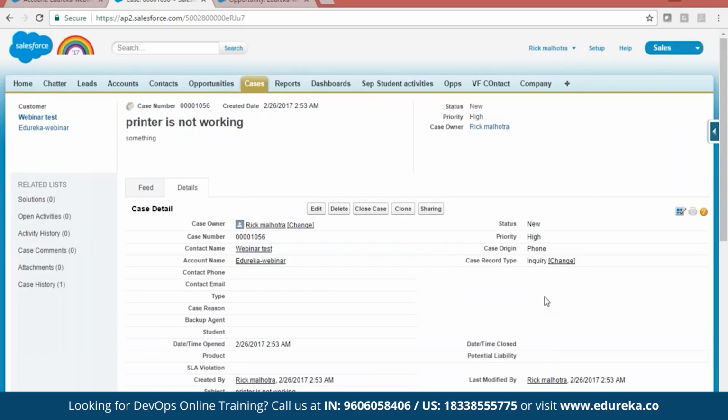Now if I'm an expert, I got a case, printer is not working. If it goes to a printer expert, it's very easy for him to solve it. Very quickly they can solve. But for a person who doesn't know how to fix printers, what happens to that person? Maybe I'm an expert in solving Wi-Fi problems, maybe in networks and routing, but I'm not good with printers. Sometimes I need help. So those helps are known as a knowledge base.